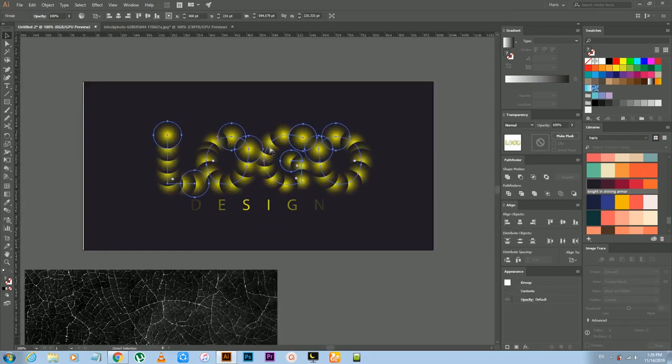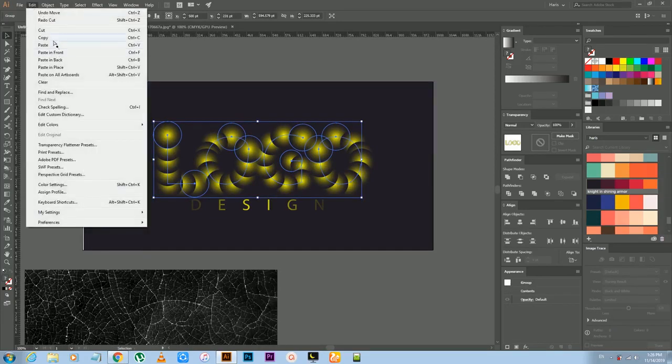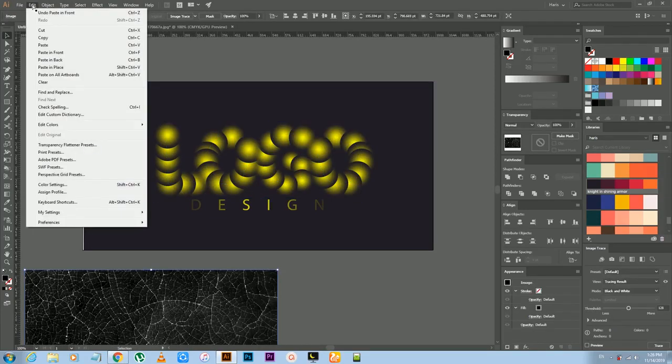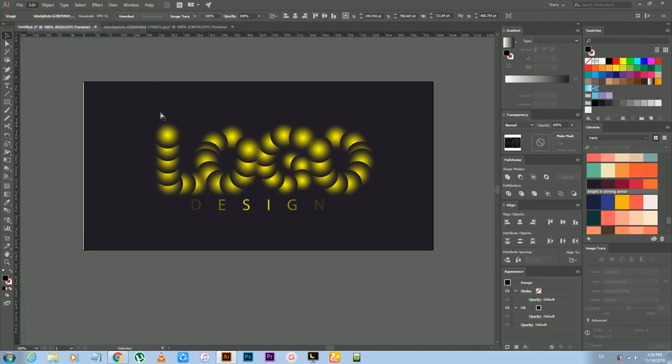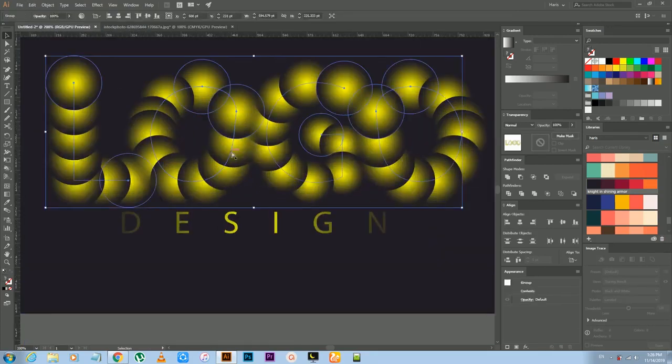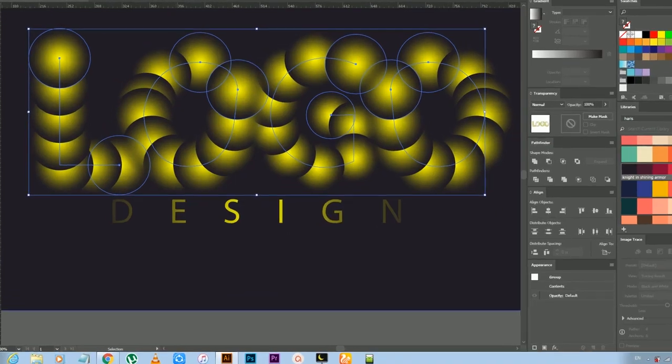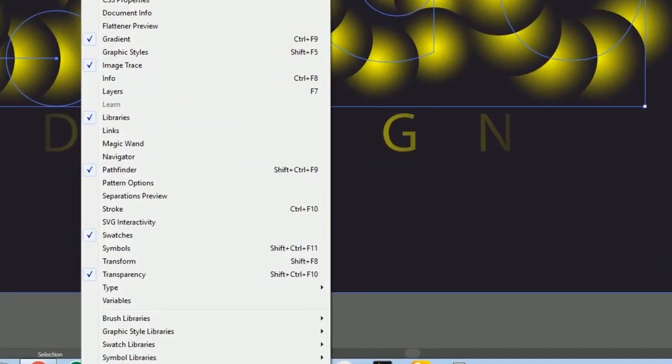Now select the logo layer and copy the layer and press Ctrl F or Command F to paste in front and go to the transform menu. If you don't see the transform menu, go to the windows and check the transform.